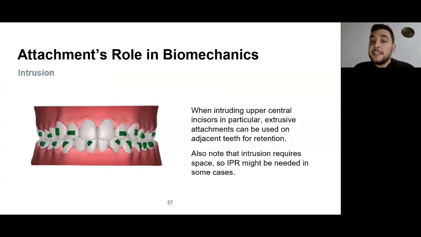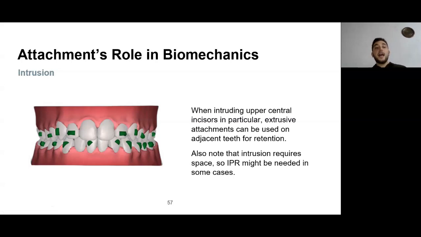Another important clinical tip is that while we're intruding upper central incisors in particular, extrusive attachments can be placed on adjacent teeth for retention. This is a little bit tricky. We're doing intrusion, but the attachments we use are extrusive attachments on the adjacent teeth. You can imagine the aligner trying to put an intrusive force on the incisal edges of the centrals, while it gains its anchorage and retention from applying a force on the gingival surface of these extrusive attachments on the